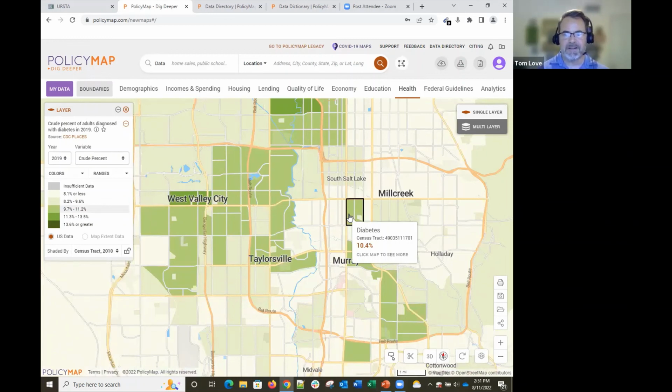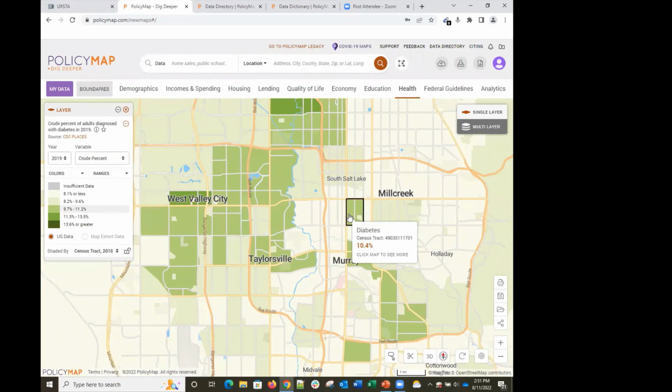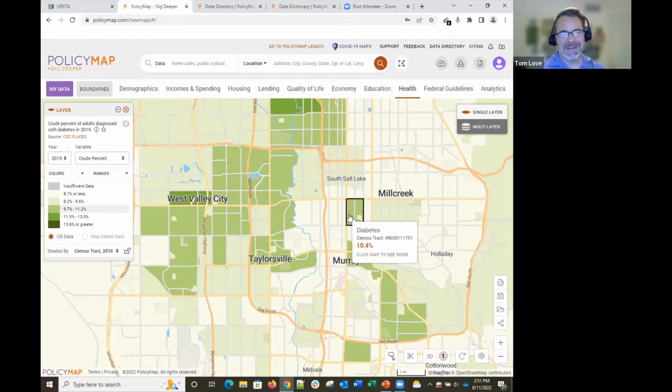Other questions? Have I completely overwhelmed everybody? It's a lot of data. We try to make it easy, but it is a lot of data. So